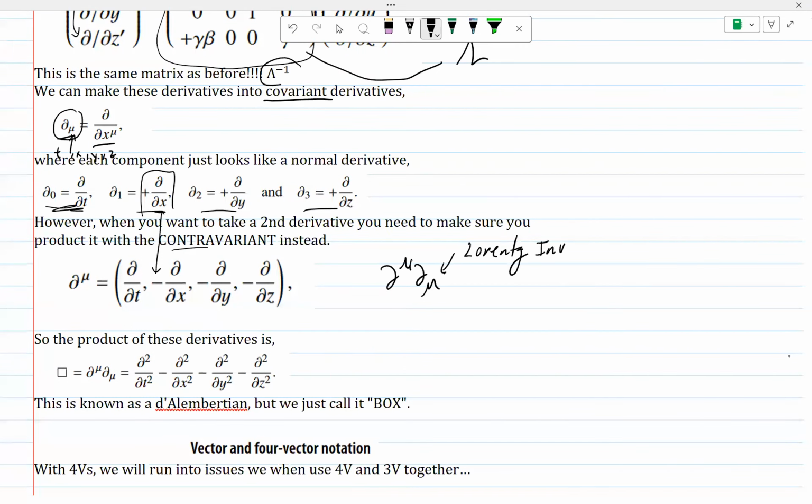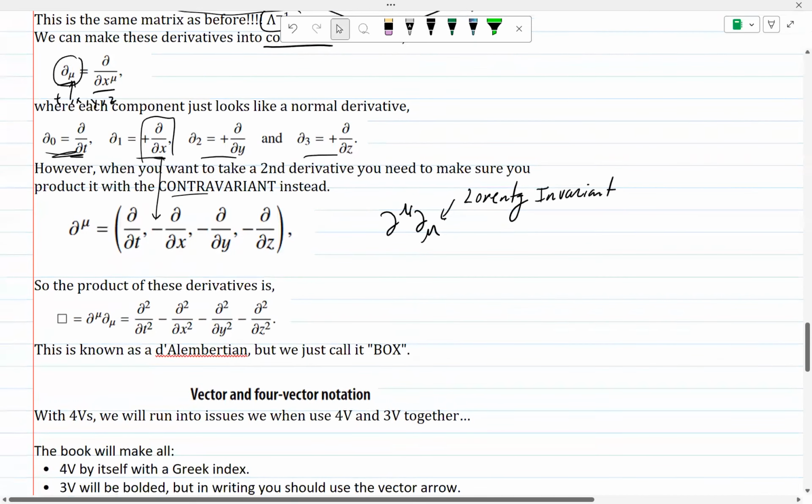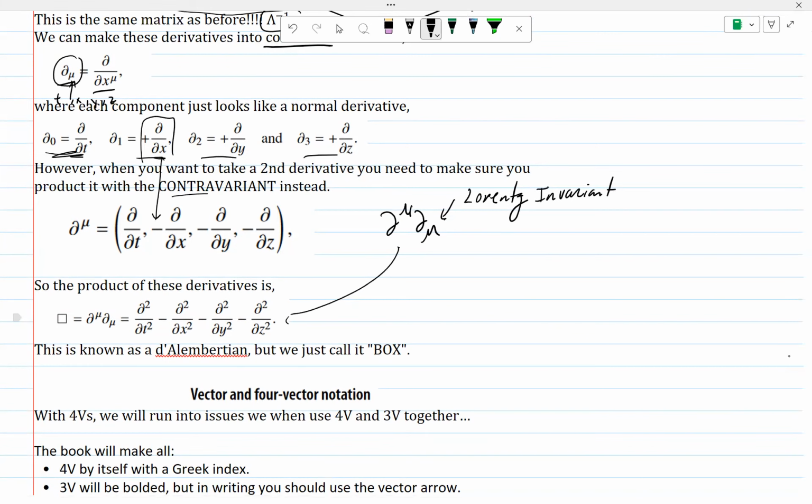It has to be a second derivative because you need two of them. When you do that, what you end up with is the second derivative with respect to t, minus the second derivative with respect to z, y, and x, all with negative signs in front because of the negative signs in the contravariant. The time component is the one without the negative sign. This is used so much that, instead of writing partial mu all the time, people just draw a box. It's actually called the